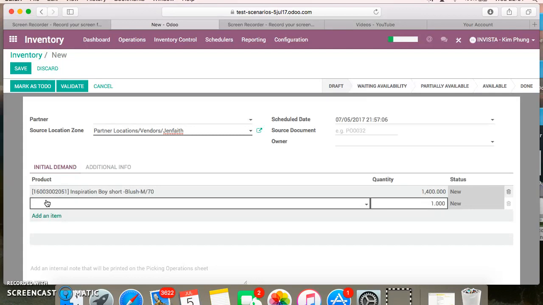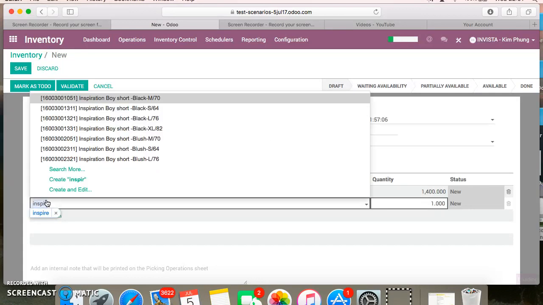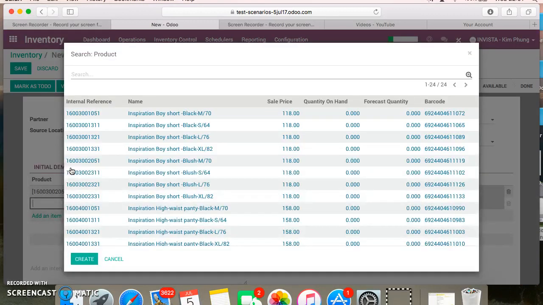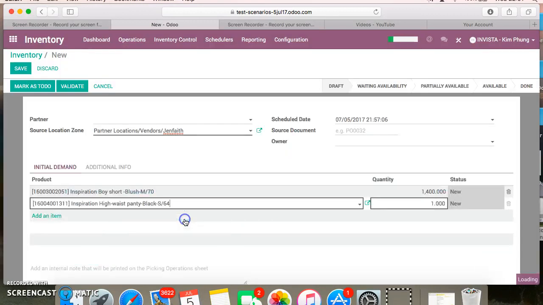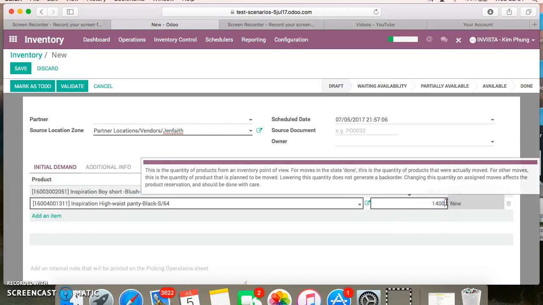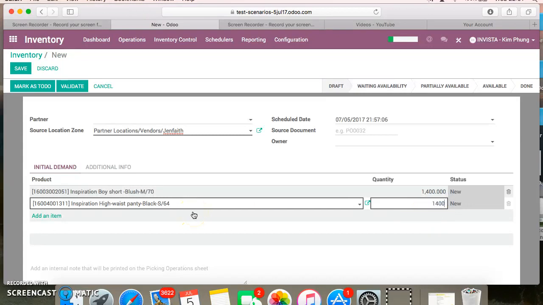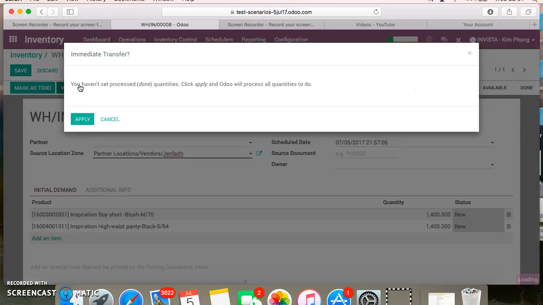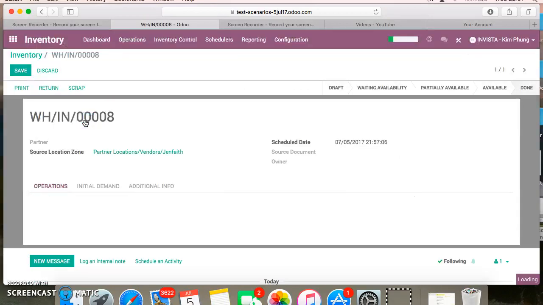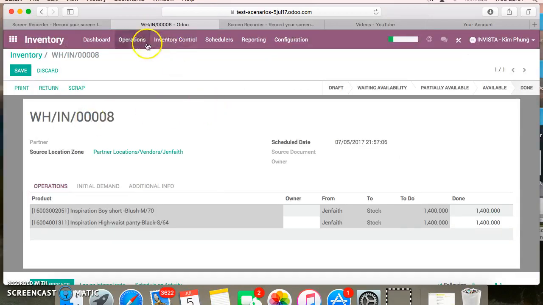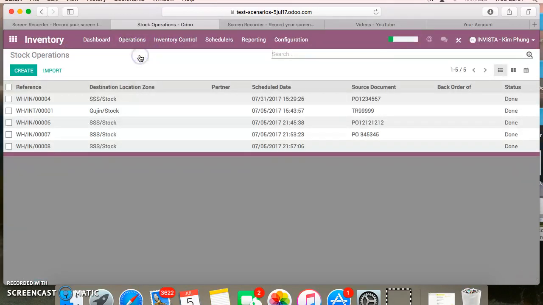I create another one. I say inspiration, search more. High with Panty Black and S. And I also say 1400. And then I click it as validated. So it has been really moved into SSS. So when I go to operations, all transfers,